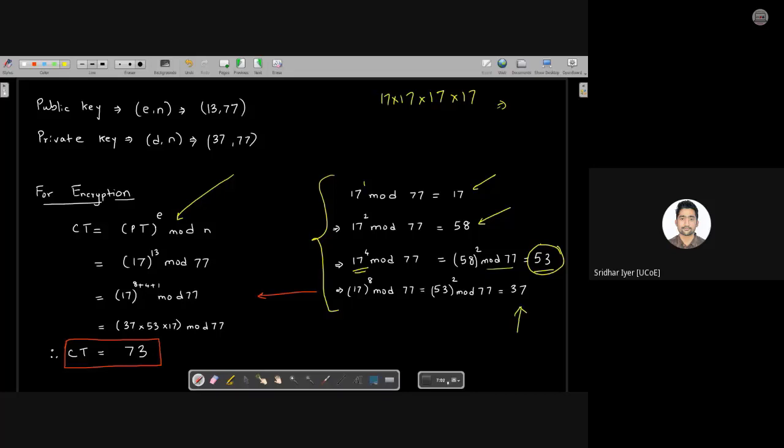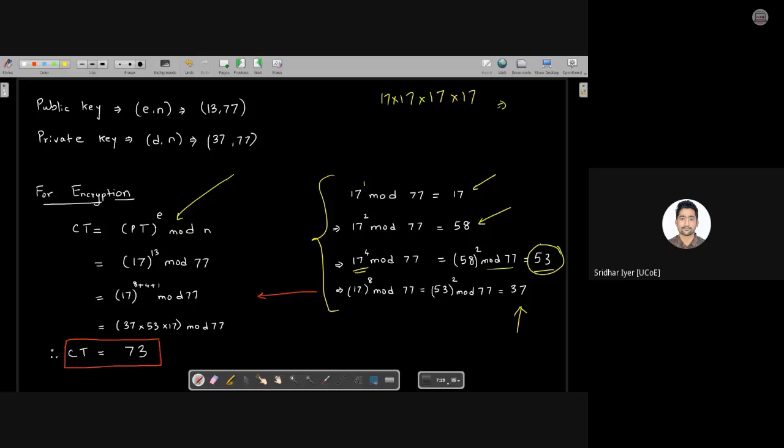Any confusions regarding this? If you're having any confusions with this, kindly let me know. Or if it is clear, we can move ahead. Fine. Very simple logic. You simply need to square the previous step's result and take a mod of it. You will get the answer. Yes, B division, am I clear? Do let me know. Okay, fine. Thank you.